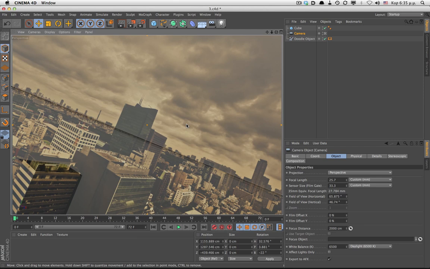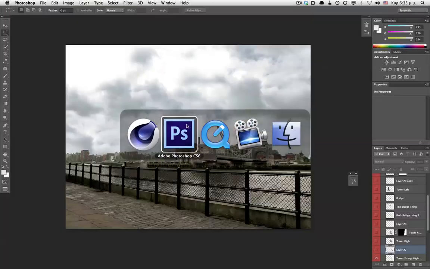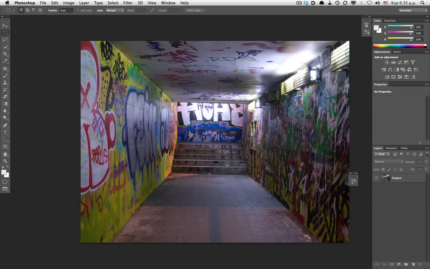With Release 14 it couldn't be easier. Camera matching deals with all that stuff, and now you can just concentrate making your work look good. But before we get into cinema territory, let's prepare our photograph a little bit. In this photograph, we just need to make a few small adjustments.